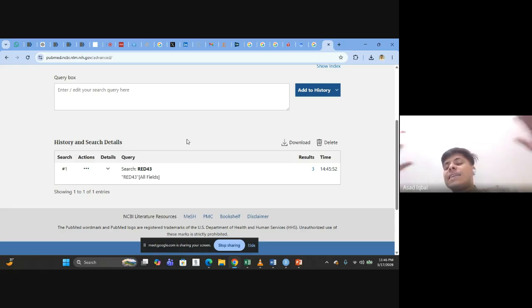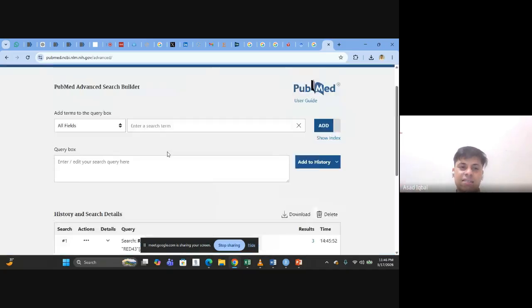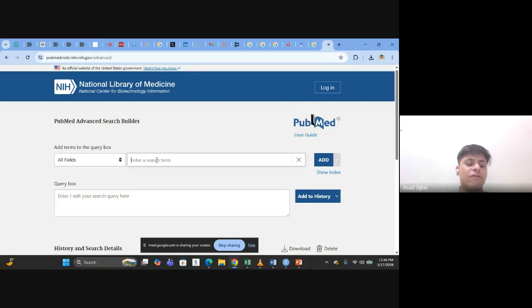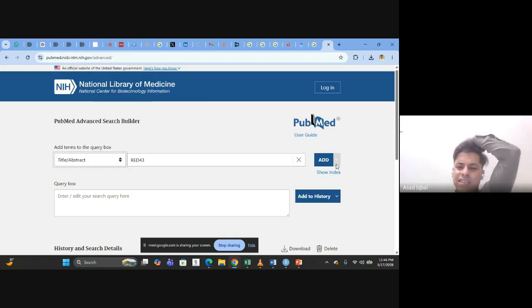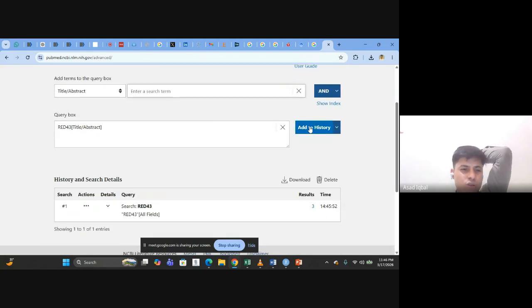no matter where the red 43 is written. Maybe it's written in the title, maybe in the abstract, maybe in the supplementary paper, maybe in the discussion, methods and the full text. No matter where it is written, just pull me the papers which have red 43. That's what all fields means, right? But if you click red 43 with title or title and abstract, and you add to history,